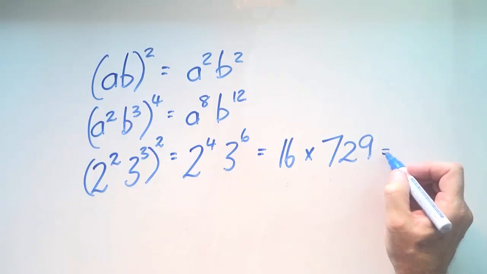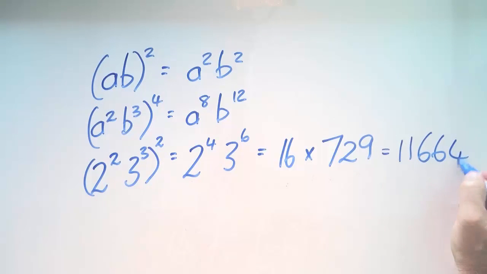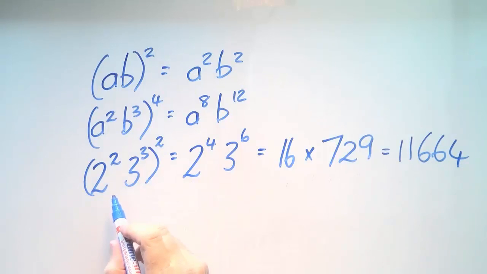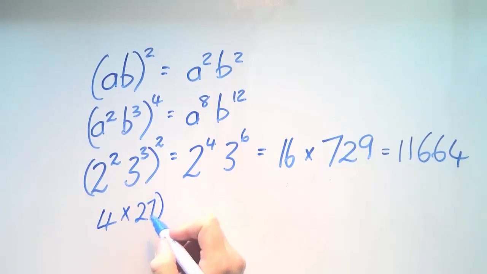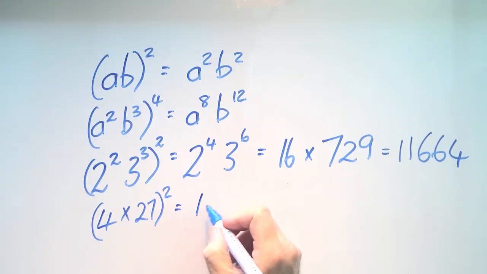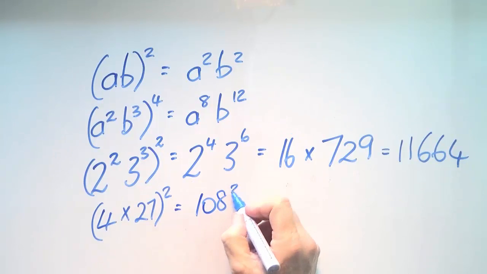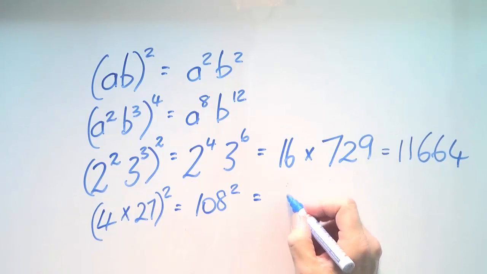And this answer is 11,664. If I do brackets first, I get 4 by 27 squared. It's 108 squared. And 108 squared